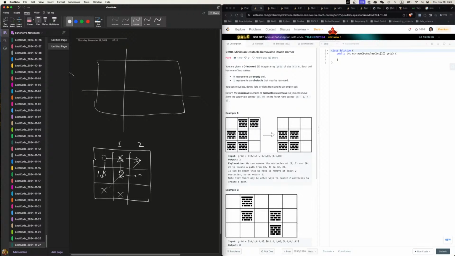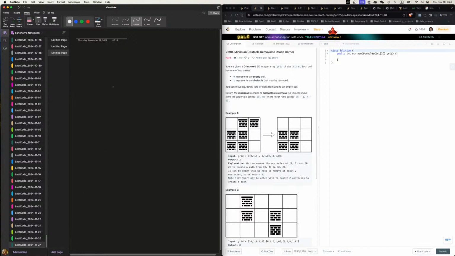So this cell costs you 2. This cell costs you 2. This cell costs you 3. 1, 2, 3, right? And this cell will cost you 3. This cell will cost you 2 again. So, Dijkstra. So instead of seeing these as obstacles, you're seeing these as extra weight in the